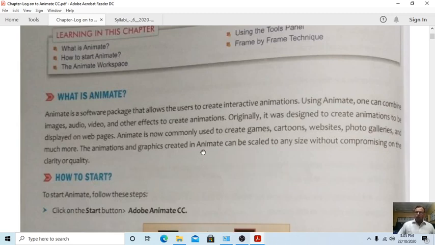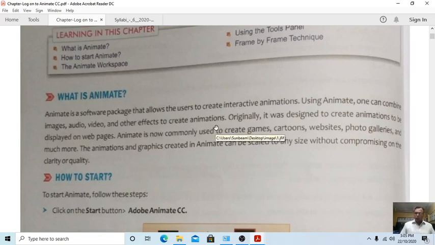That means you can make it bigger and bigger, and there is no effect on the quality and clarity. So Animate is a software package that allows the user to create interactive animations.